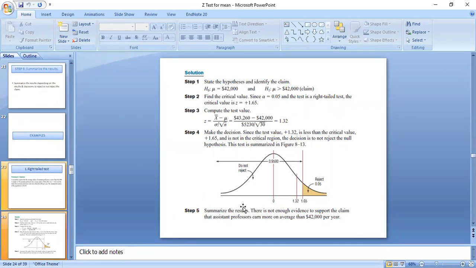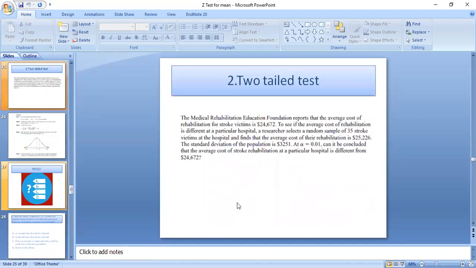The final step is to summarize the result. There is not enough evidence to support the claim that assistant professors earn more on average than $42,000 per year. Now the second example is of a two-tailed test. The Medical Rehabilitation Education Foundation reports that the average cost of rehabilitation for a stroke victim is $24,000 and some dollars. To see if the average cost of rehabilitation is different at a particular hospital, a researcher